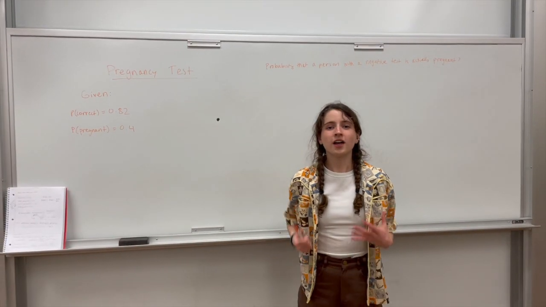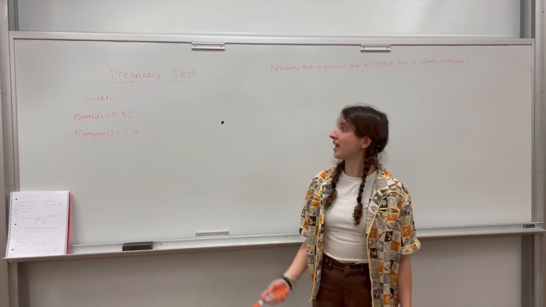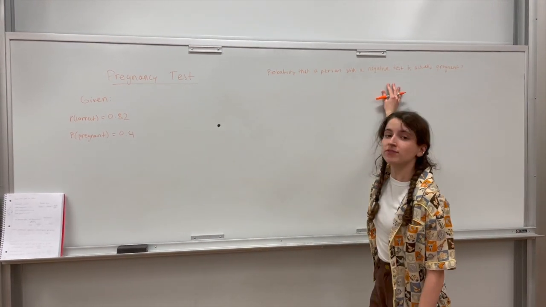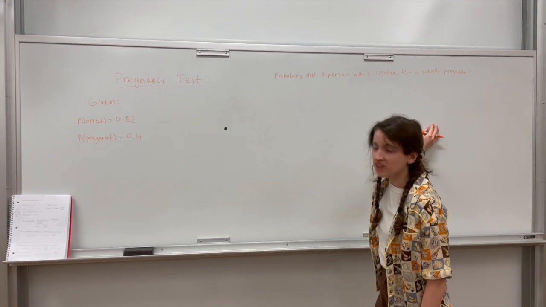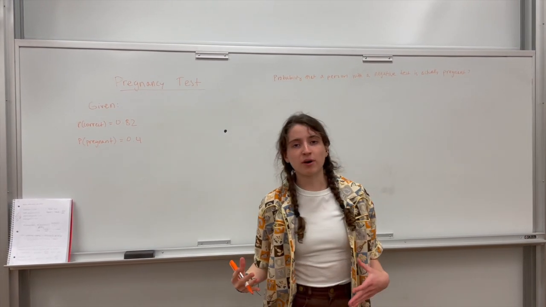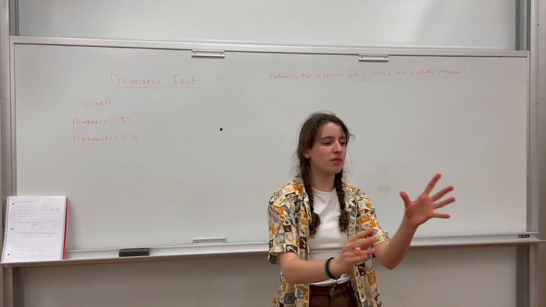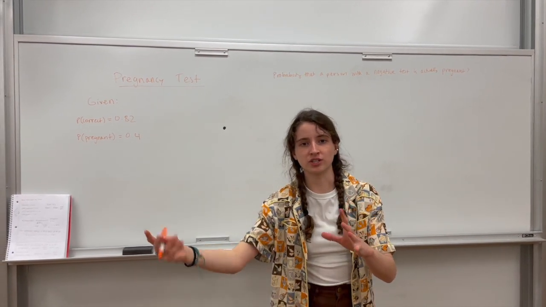So this question deals with a pregnancy test. And what they want to know is, what's the probability that a person with a negative test is actually pregnant? This reminds us of what we've been learning about, which is Bayes' rule. That's conditional probability. So what's the probability of one thing given that one condition